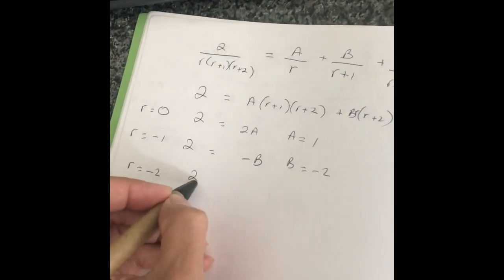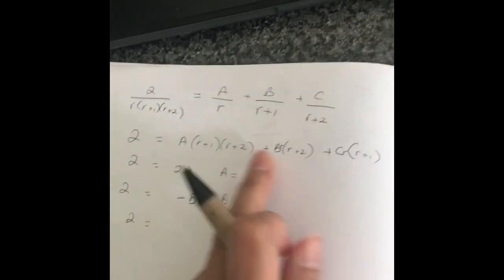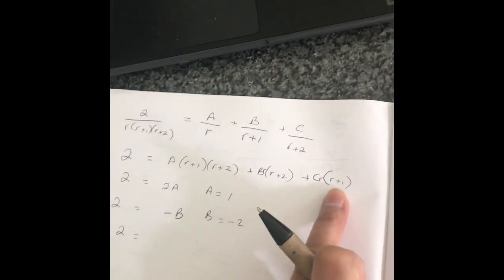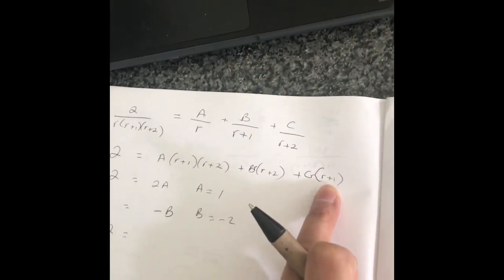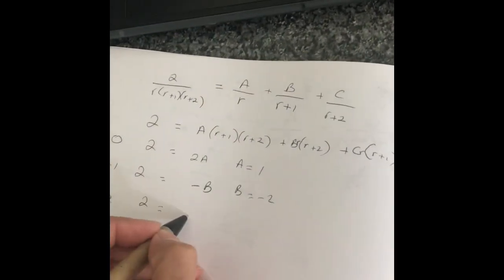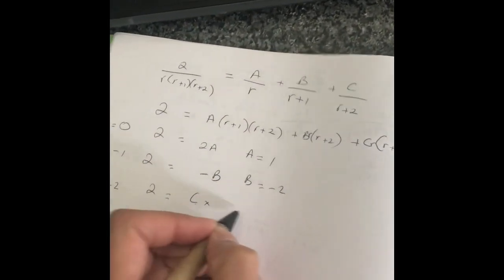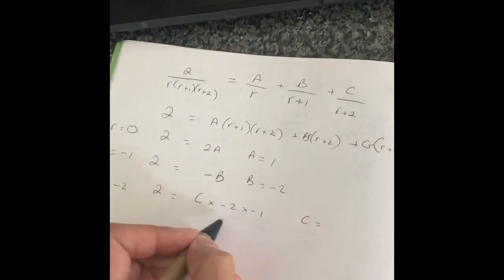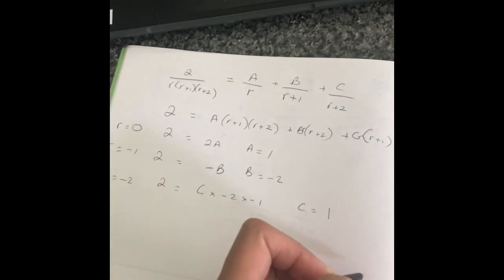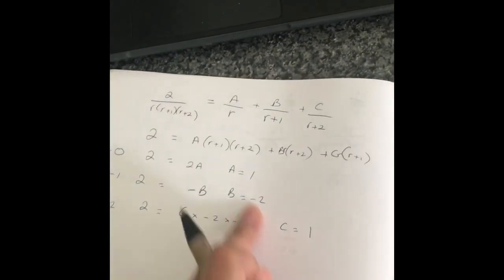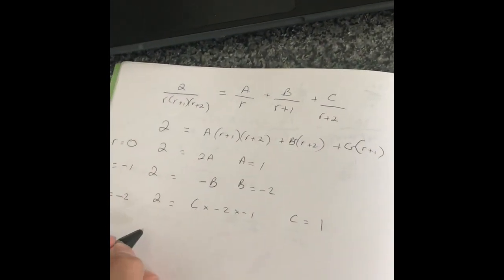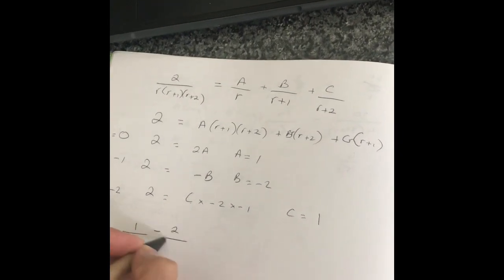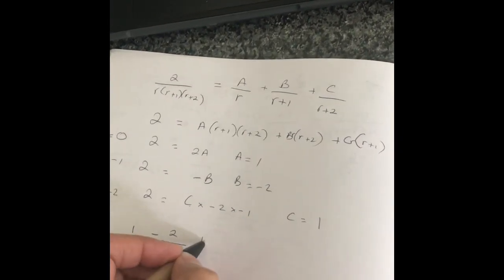That would give me 2 is equal to that bit 0. That bit's 0. So I'm just left with this bit here. Minus 2 times minus 2 add 1, which is minus 1. So it's C times minus 2 times minus 1, which gives me that C would be 1, like that. So I'm going to write that all with these values in. So I have got that it would be 1 over R minus 2 over R plus 1 plus 1 over